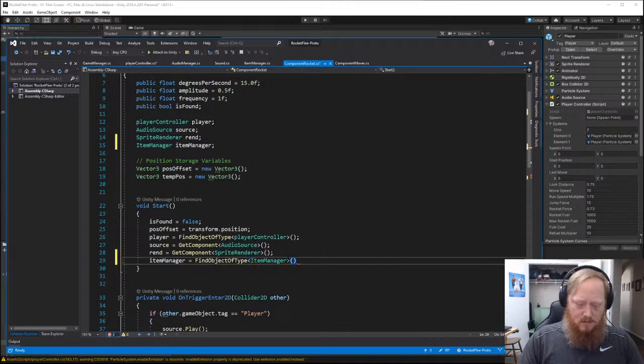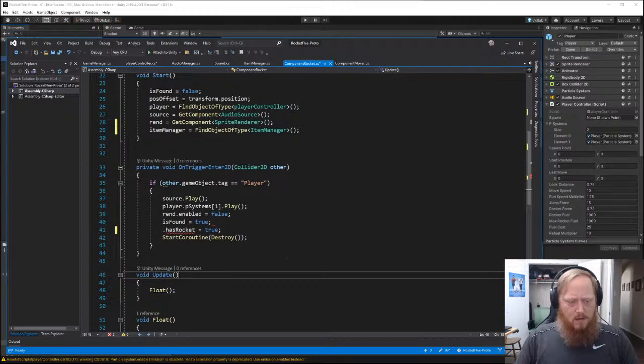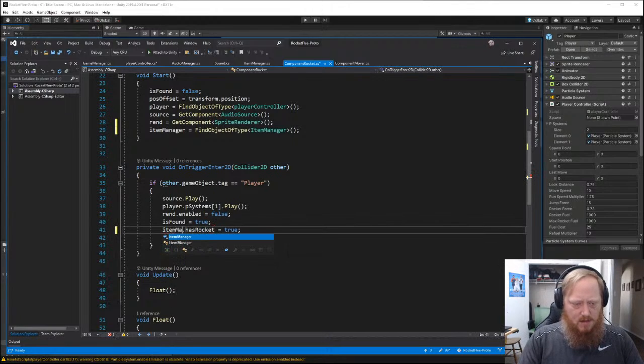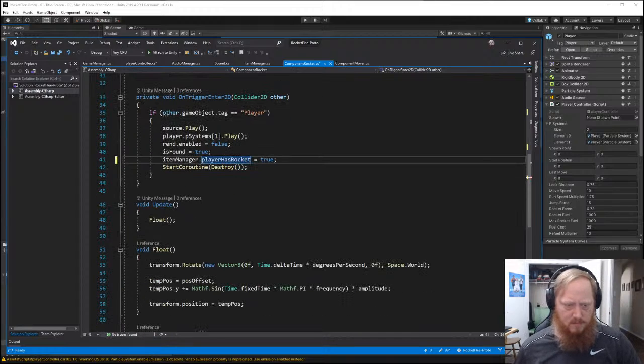And then we can come down here and say item manager dot has rocket, which is not going to be has rocket, which is now called player has rocket, is equal to true. So we just completely bypassed the player